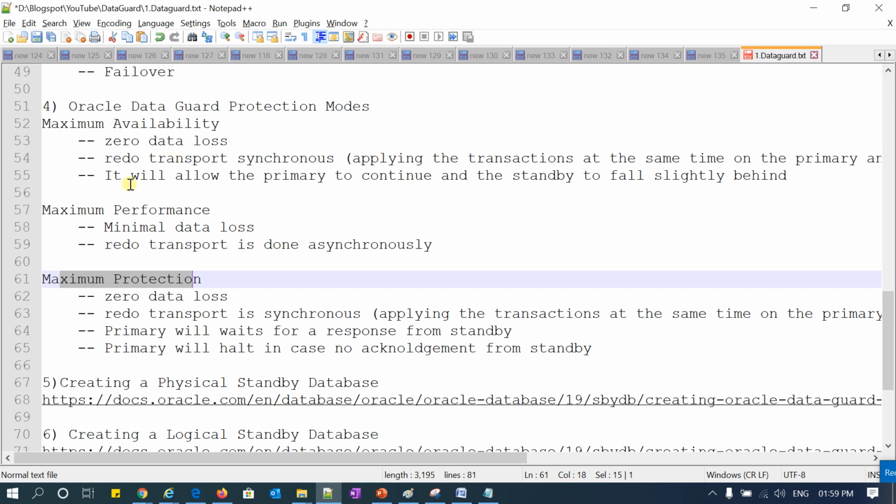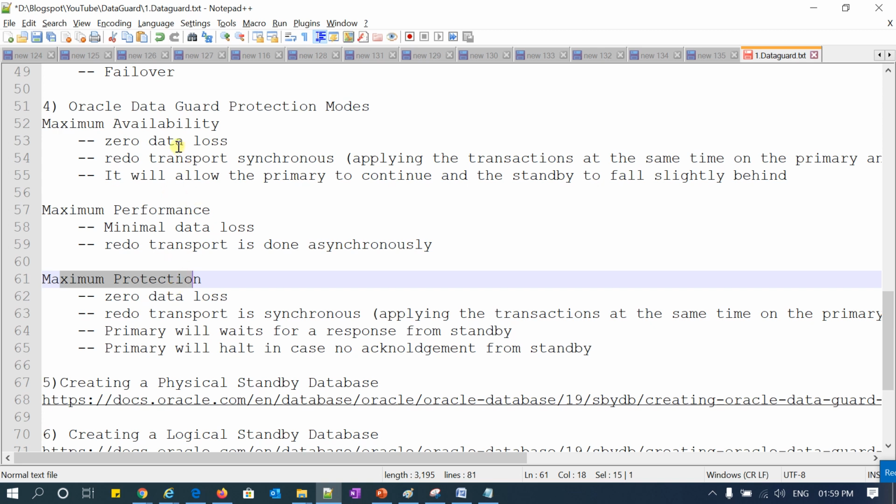For example, assume 1 minute it is going to wait for the acknowledgement from the standby side. If the standby database sends the acknowledgement within 1 minute, then your primary database continues working as it is. If your standby database does not send the acknowledgement within that 1 minute, then your production database will discard that acknowledgement and continue to work.